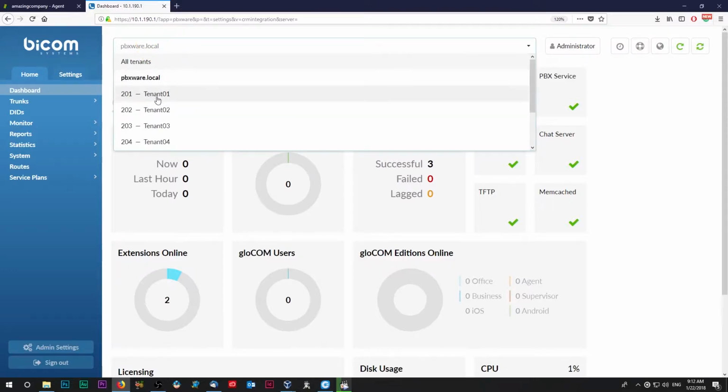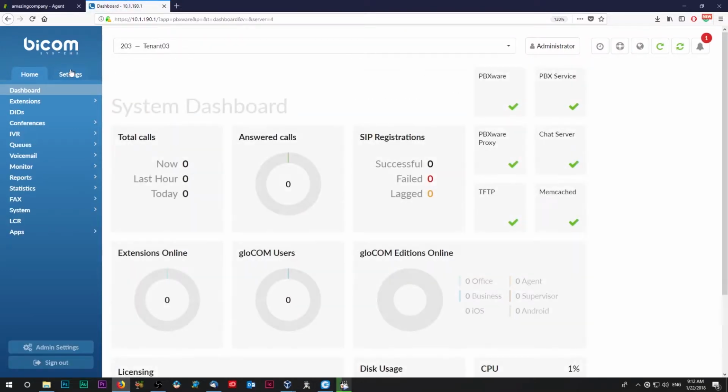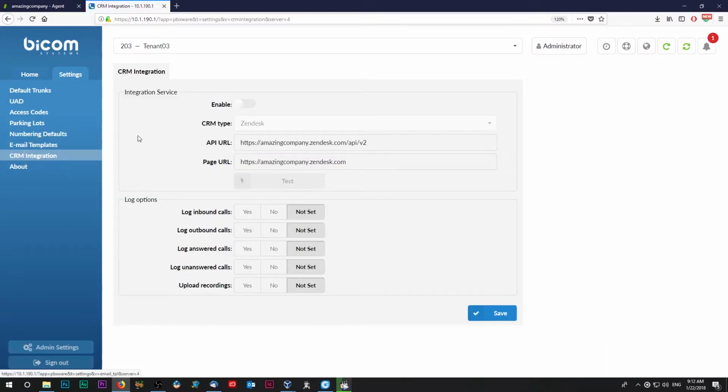Next, log into your PBXware. Select your desired tenant, and under Settings, navigate to CRM Integration section. Click the Enable option to enable CRM integration services, and make sure that CRM type is set to Zendesk. Under API URL, enter your Zendesk domain name